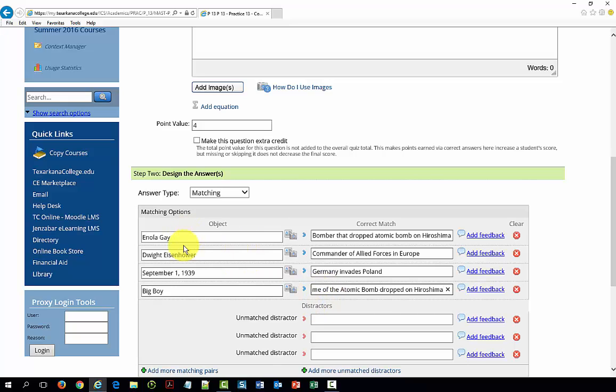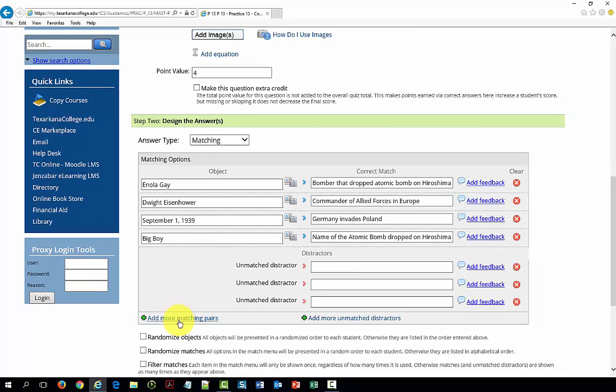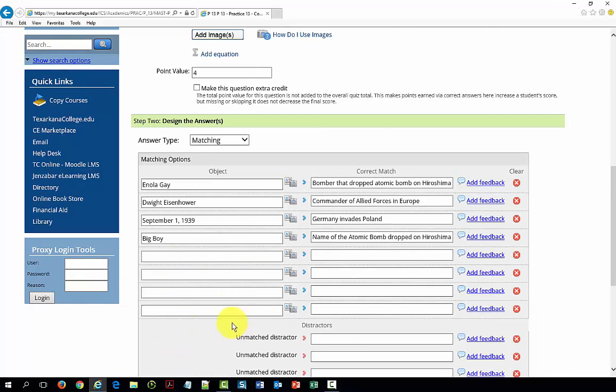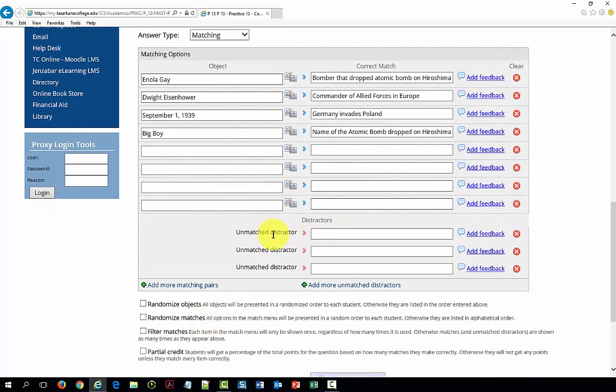If I want to have more matching options, I can do that by add more matching pairs, and that will give me that option. And down here at the bottom on these unmatched distractors, you can throw in some distractors for these up here. So if I wanted to throw in Tokyo Rose's nickname. Another distractor I might have, date of Japanese surrender. I might throw in another one,